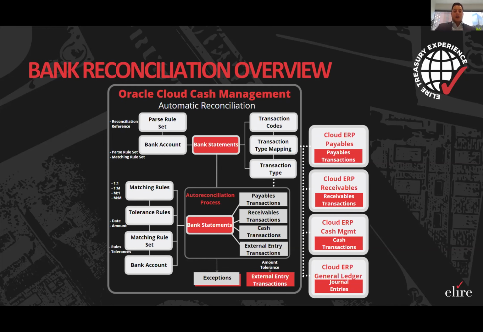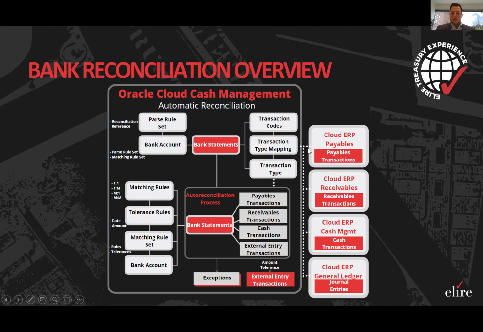So payables transactions, receivables transactions, any cash transactions, whether that be your transfers or ad hoc payments, or even external transactions that you can create manually. And it will use those, do the compare, and create your matches based on the rules that we have defined on that bank